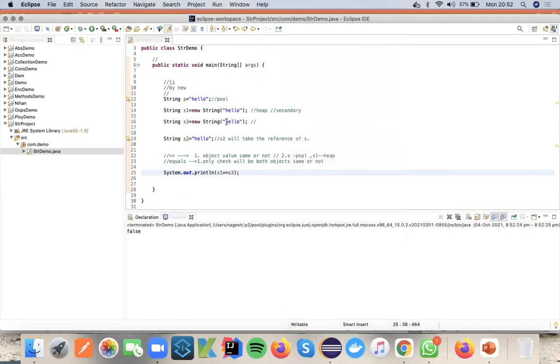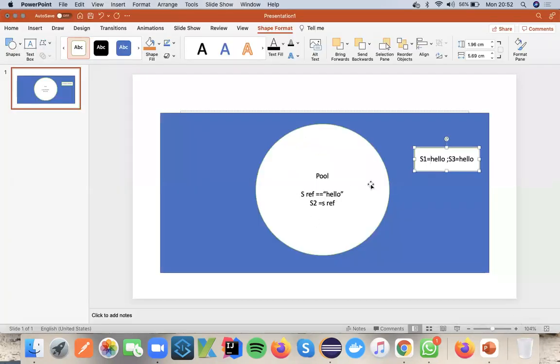Now you might ask me the question, boss, you told me that S1 is declared and stored into the heap memory, S3 is also declared and stored into the heap memory, so why is it returning false rather than true? As per this statement, I want to explain in detail what will happen. The pool memory should not store into different places at the same location.